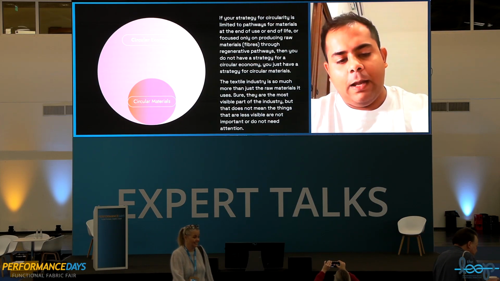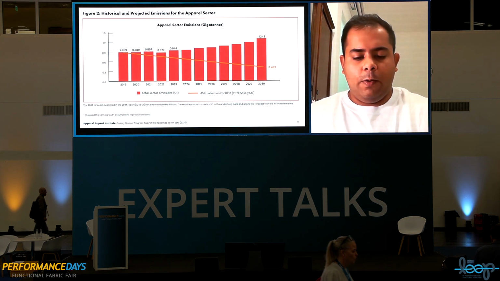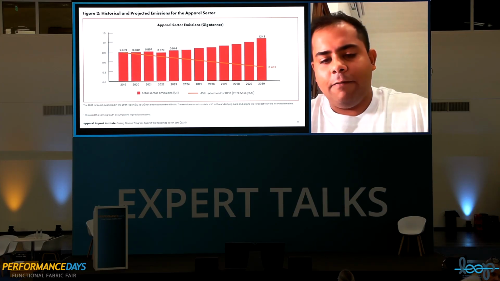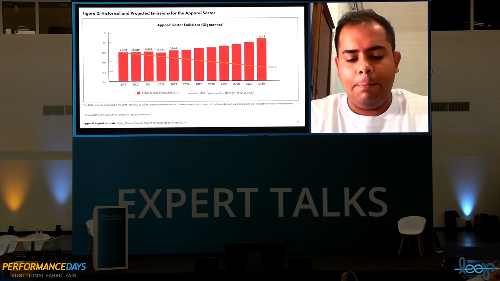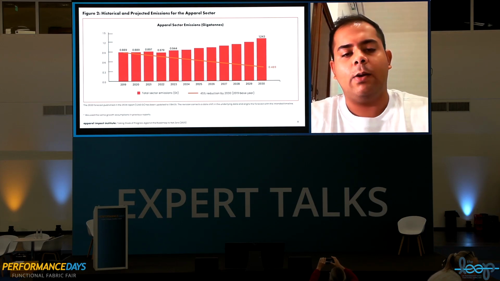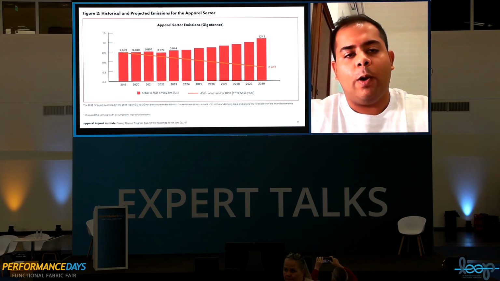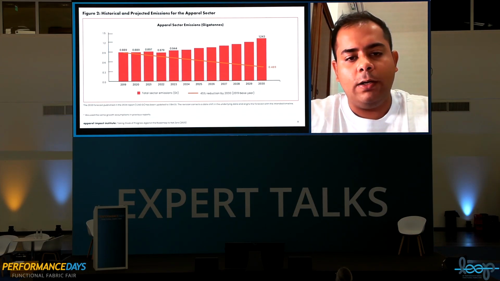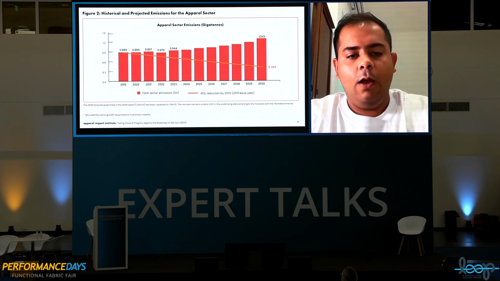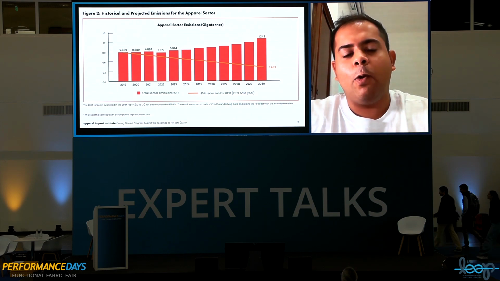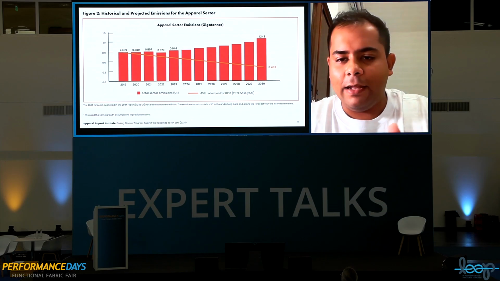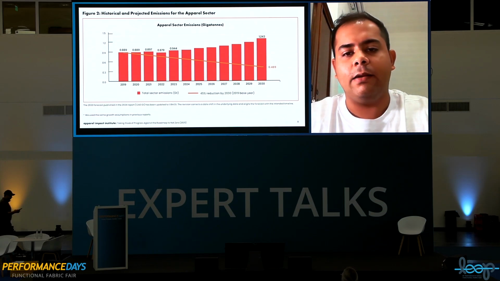But then if we come back to the industry, of course we want to see where we are in the industry and how far we've come along and what we've done. So of course, Apparel Impact Institute has done phenomenal studies and they publish this data every year. So we see in 2019, we were quite far back. The values were much lower. Now we've come far up and the values have gone up significantly. Of course, from the 2019 levels, we want to keep it at a 45% reduction. So we want to be at this 0.489 gigaton mark.